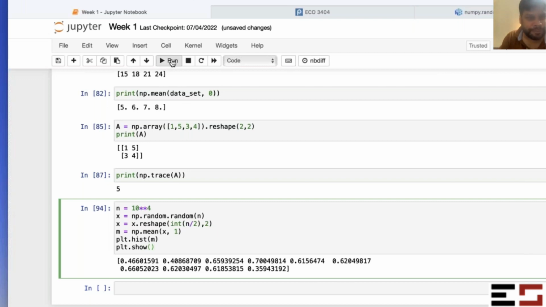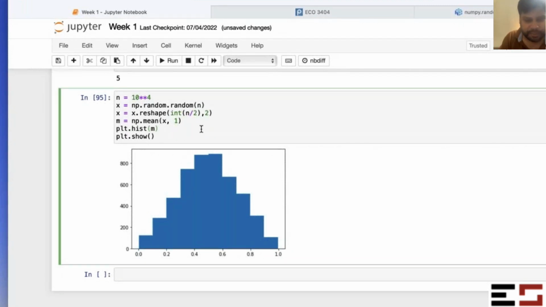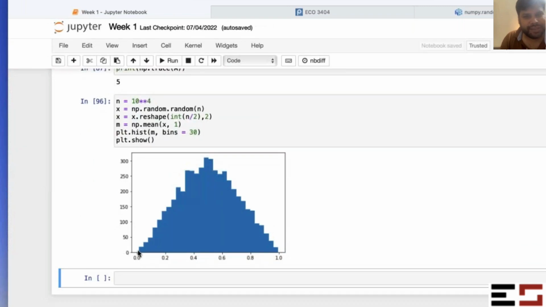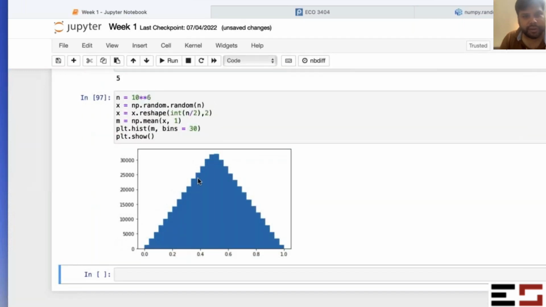Let's just see. Now that you have seen this, you can see that this is how it's going to look: kind of a triangular distribution, with the peak at 0.5. If you want, you can increase the bins. Let's say bins is 30. Let's run this. It's more or less triangular. And if you increase the number of observations, you will find something like this. It's not a normal distribution,